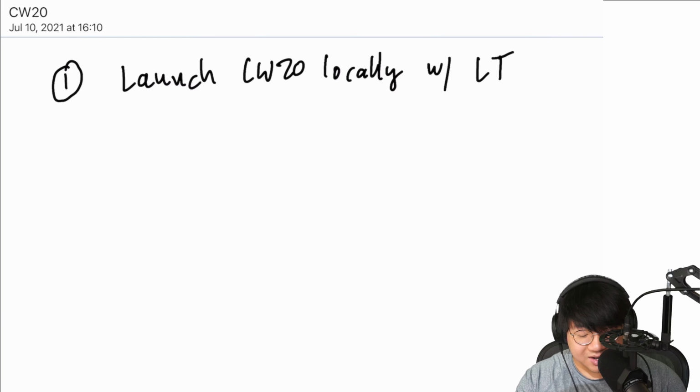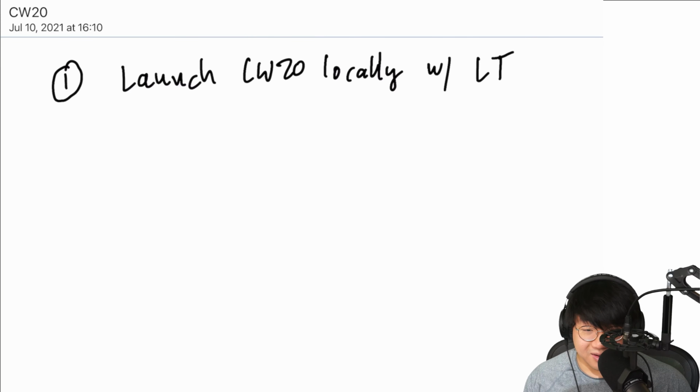So CW20 is actually a token standard for a generic fungible token that is functionally equivalent to the ERC20 standard on Ethereum. So there are many variants of the CW20 that are possible. The most popular right now is the one that is created by TerraSwap. So we're going to be using the one from TerraSwap because we want to be interacting with TerraSwap later.